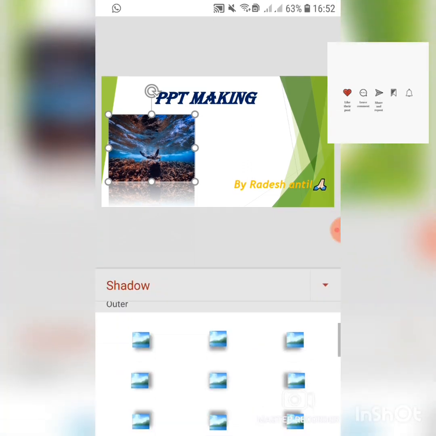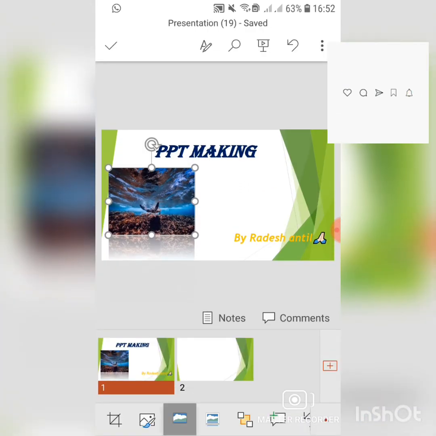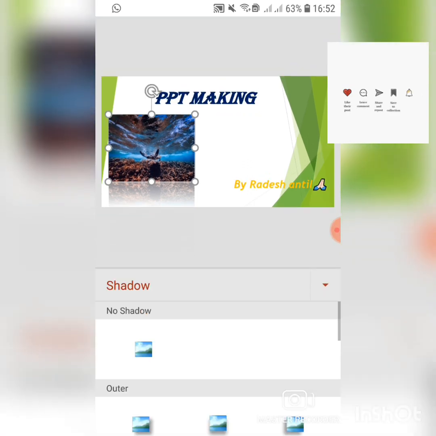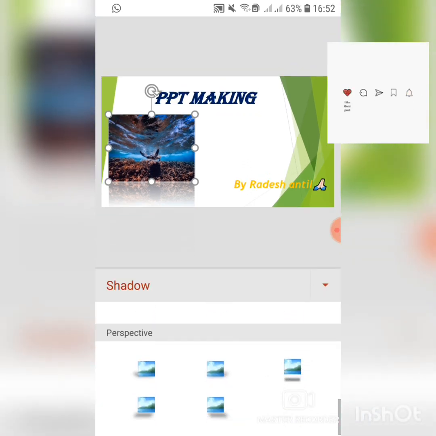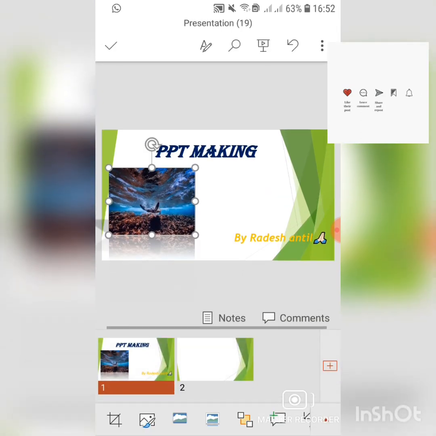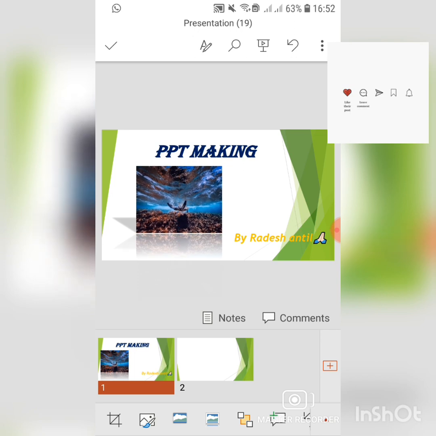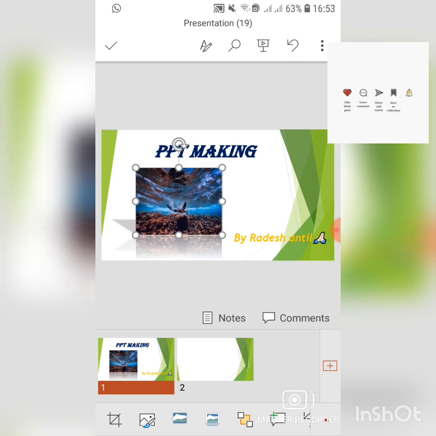I'll show you the shadow option also. I did it here, you can see I did dark. Click. Yes, done. Just click here and it will show you what you want. I did perspective. I need a perspective shadow also. I hope you know the difference between shadow and reflection. Shadow will just give a dark theme and reflection will show like a mirror but translucent.